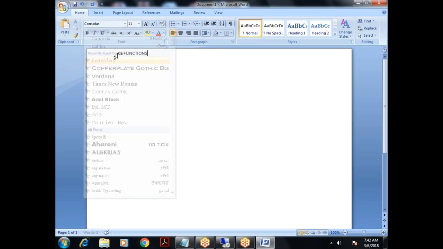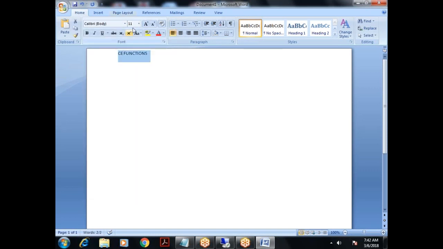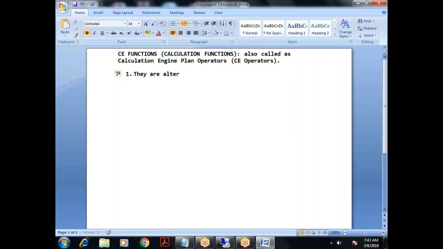We have C functions, which we call calculation engine functions. They are also called calculation engine plan operators, or in short form, C operators. So what exactly are C functions? They are an alternative to SQL statements. When you execute any select query,